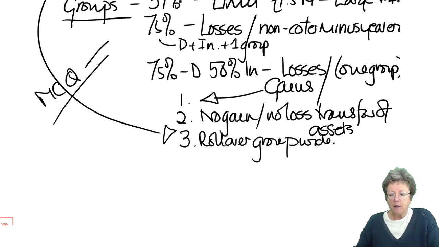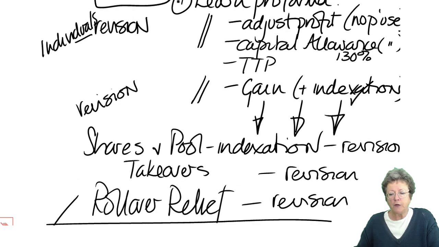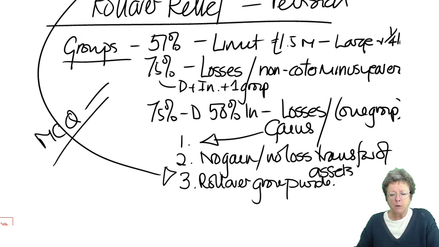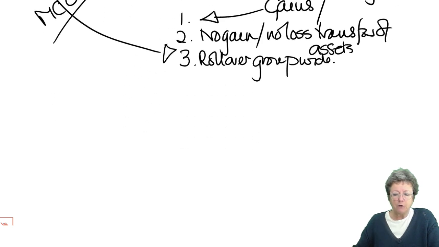So do the bits of revision. Make sure that those major topics, adjusting profits, capital allowances, TTP and capital gains, you can do. Shares, takeovers, reliefs for losses, rollover reliefs. Then your groups that we've done today. So moving forward,